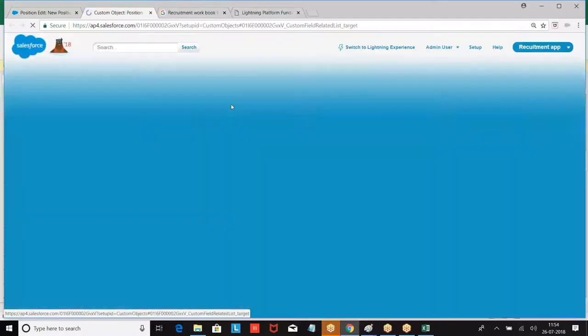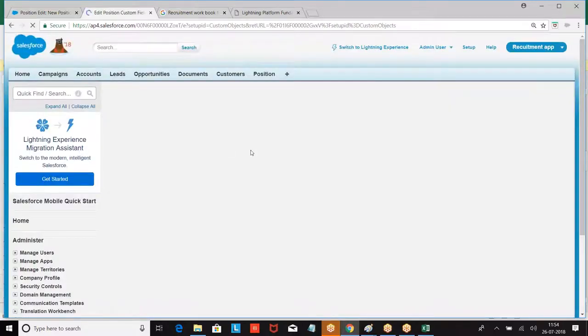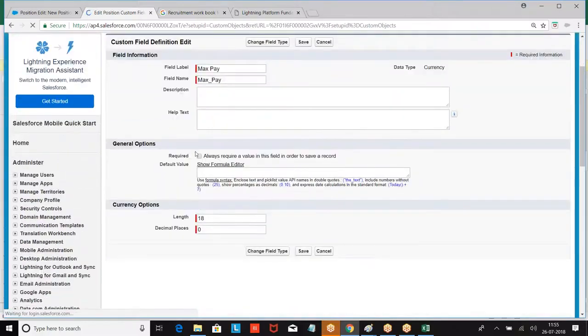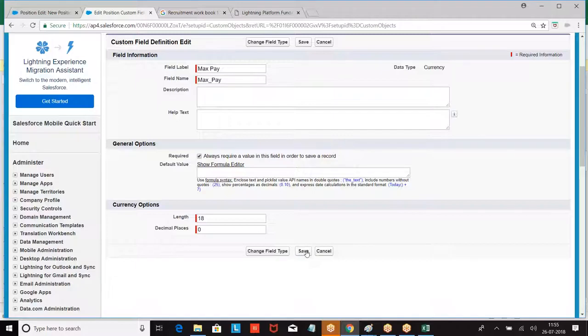Go to the fields. What are the fields we had? Min pay, max pay. Edit the field. Go to the field, edit the property. Then we are making the field required. Can I give a default value? 0. I'm giving a default value of 0. Similarly, next max pay.